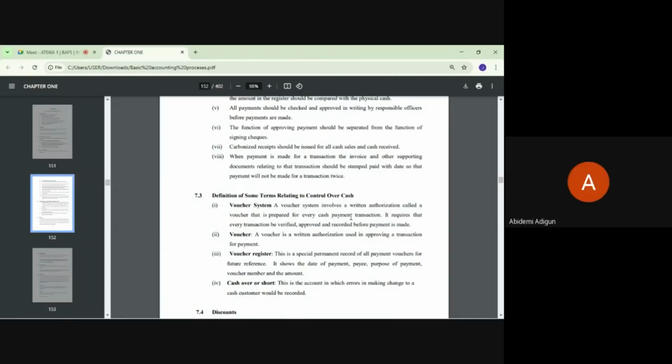Yes. For any payment to take place, before you give your authorization, you have to verify it. Every transaction will be verified by the management, by the person in charge. It has to be recorded, and approval must be given before payment is made. Are we together? Yes. Then we also have the voucher. A voucher is a written authorization used in approving